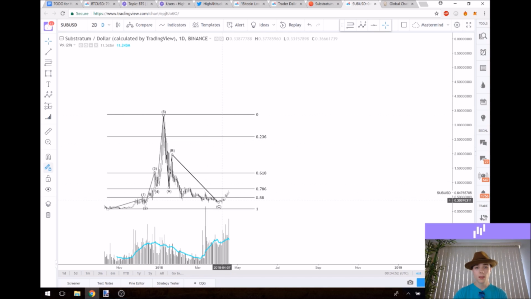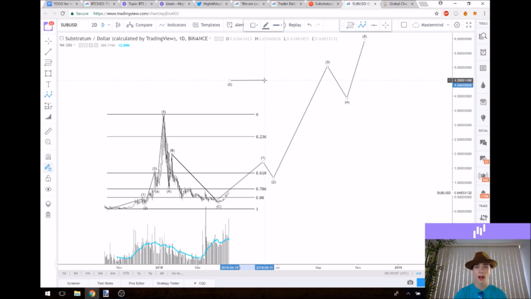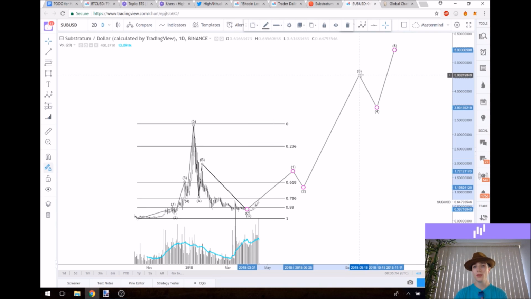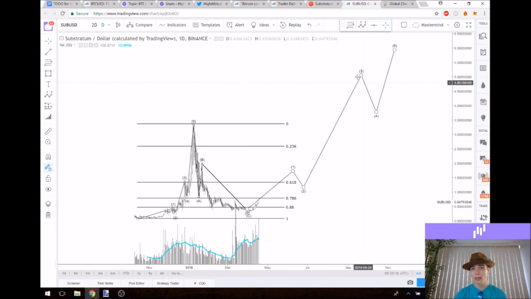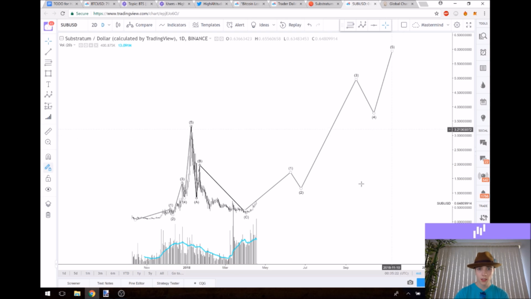So maybe this rounds out right here, takes a little bit of time to pump up, and then it does something like this, where you have accumulation up, ramps up, then media attention, everybody goes crazy, 3, 4, and a 5, up to a new all-time high. I'm expecting the majority of the market cycles in the market cap to be doing these all-time high moves like this. Now that we are getting strong confirmations of these reversals, I'm going to delete this Fibonacci retracement here